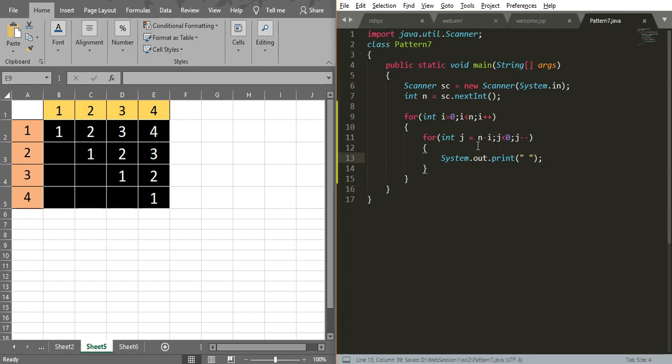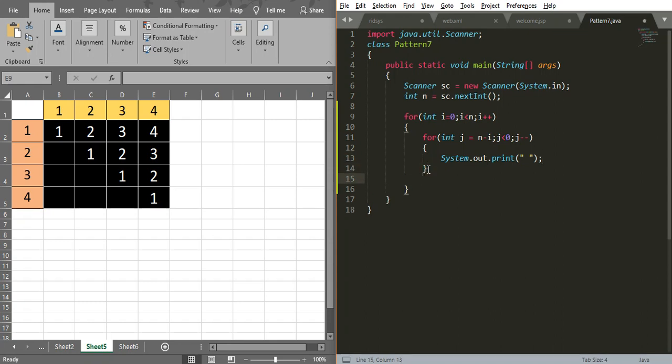Here I have written the initial value as n minus i. The i value is 0, so n minus 0, and 0 spaces are printed. The initial value is 0, so j less than 0, the condition is false, so we are not going to print any spaces on the first row.